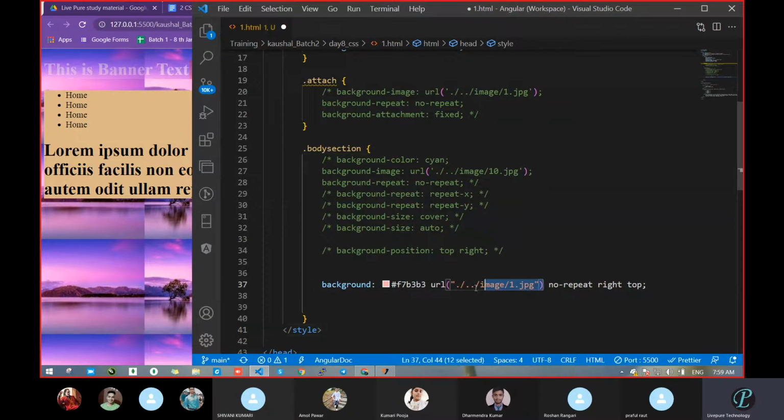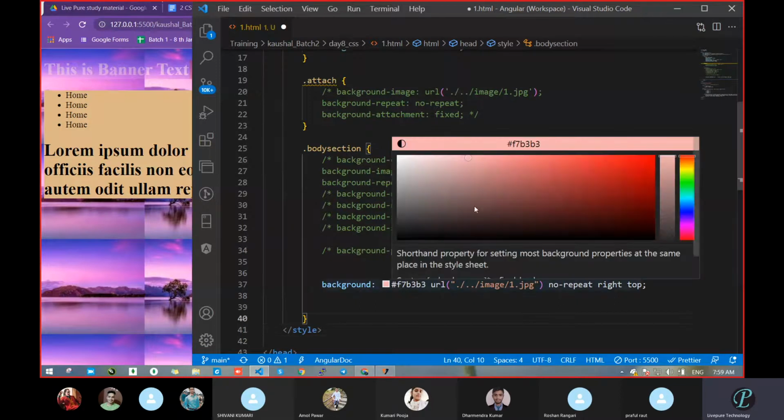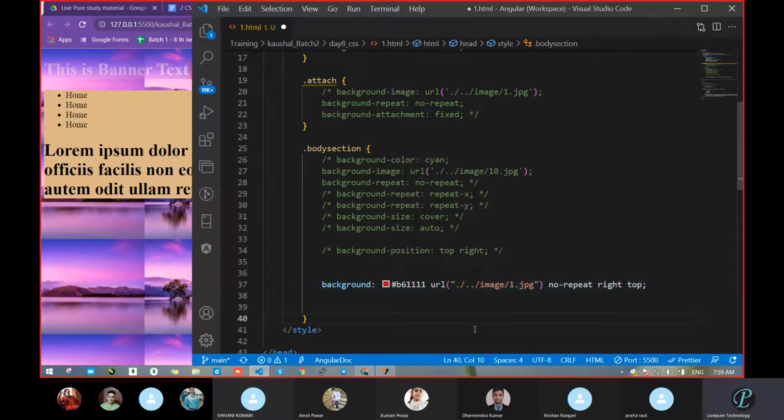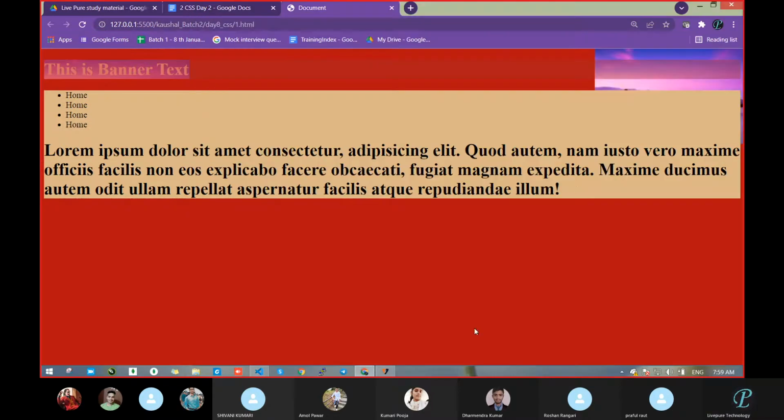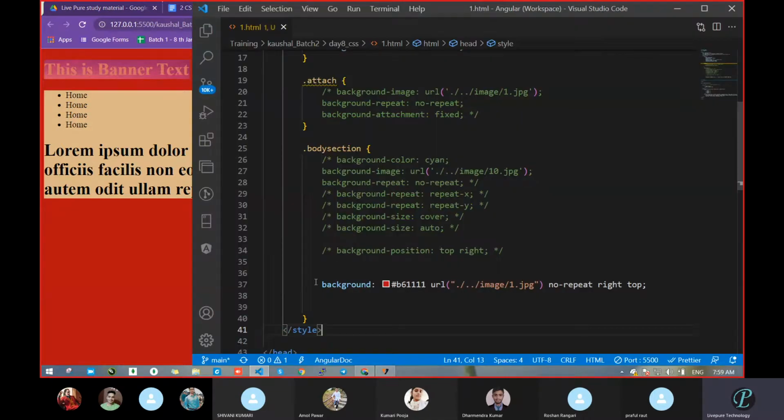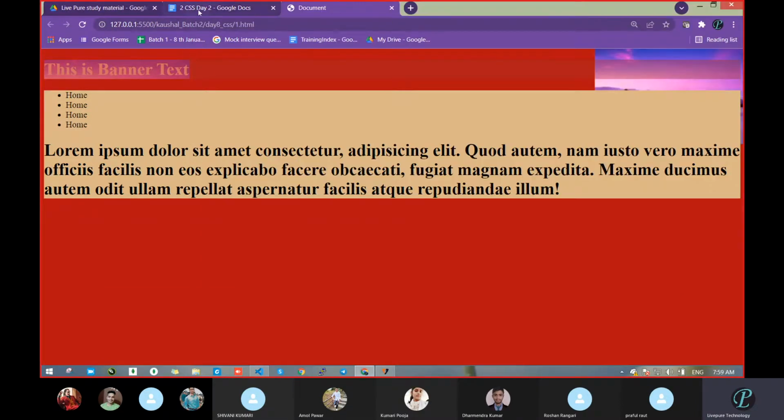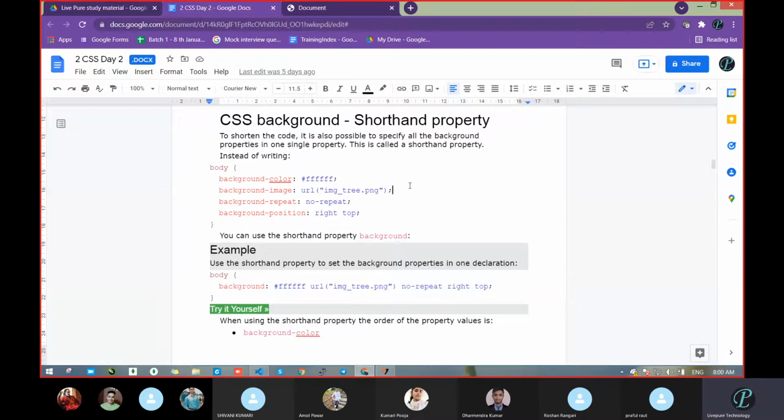Fine. Then we passed the image and then we passed the background color. When does the background color work? When the image is in a separate area, wherever there is empty space, in that case you will get this color. Got this? Clear? See, your image is in the top right side, then the background color will be red. So this is the process of writing the same thing in shorthand notation. That's it. So in background we have covered all these things. Does anyone have any issue regarding background? Tell me.